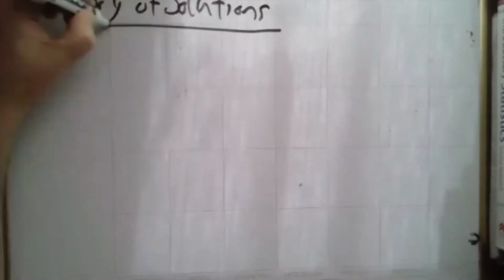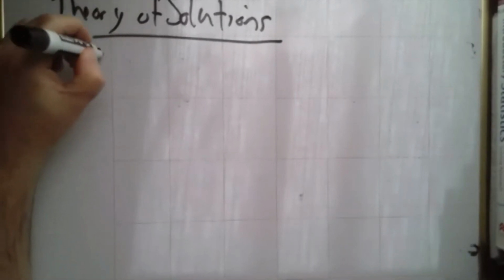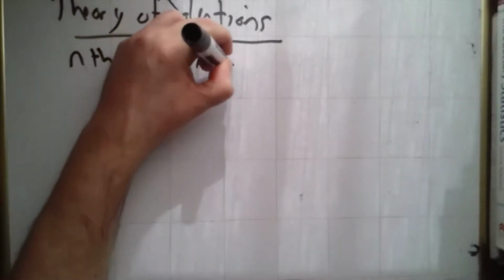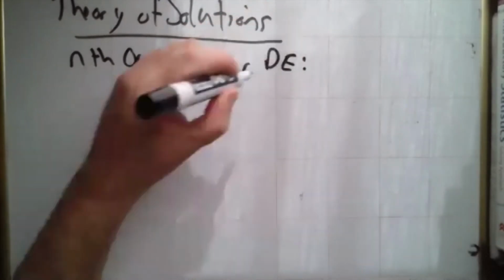Okay, so in nth order, we're going to have a theory of solutions today. Whole bunch of just notes today. If we have an nth order linear DE, it'll look like